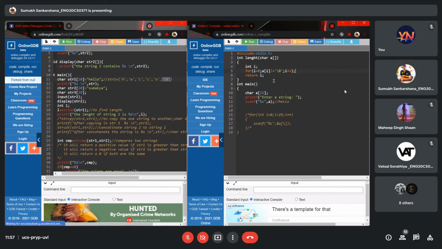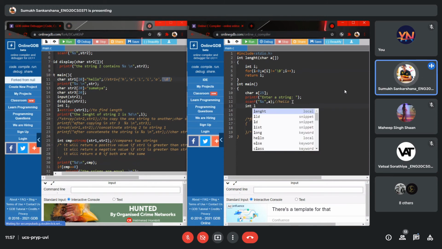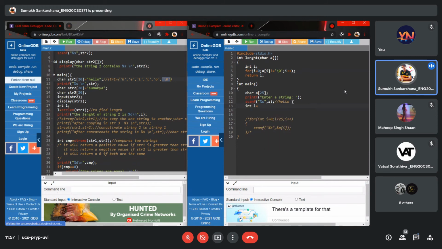So now we need the length. How do we call the function? Anybody? What is my function name? What do I send? Anybody helping me with the pass by value which I did over here? Anyone telling me the function call prototype?